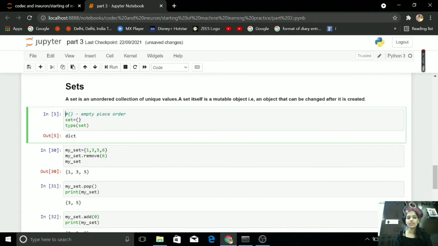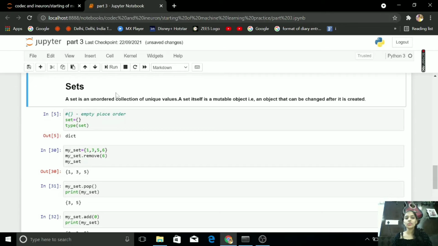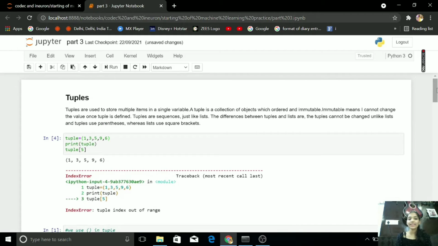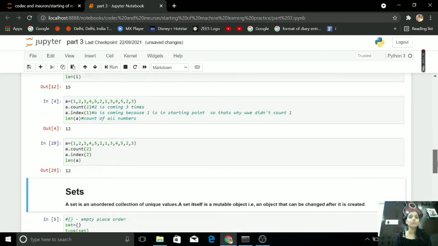After this, we will talk about what are sets. A set is an unordered collection of unique values. A set itself is a mutable object. Mutable object means we can change sets after they are created. But guys, in tuple, we cannot change it because tuples are immutable, but sets are mutable.